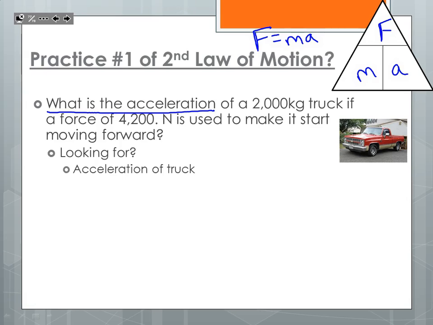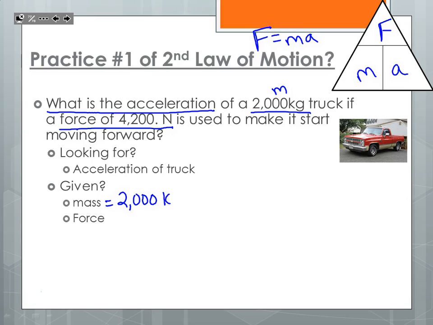What do I know? Or what is given to me? It says that I have a 2,000 kilogram truck. I know kilogram is mass. And it says I have a force of 4,200 newtons. All right, so what is given to me is my mass and my force. So my mass equals 2,000 kilograms. My force equals